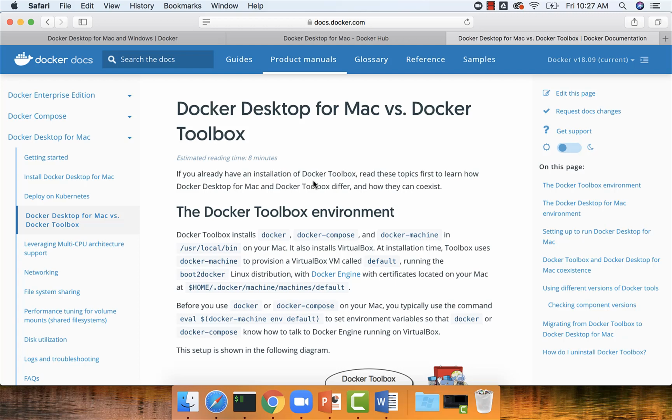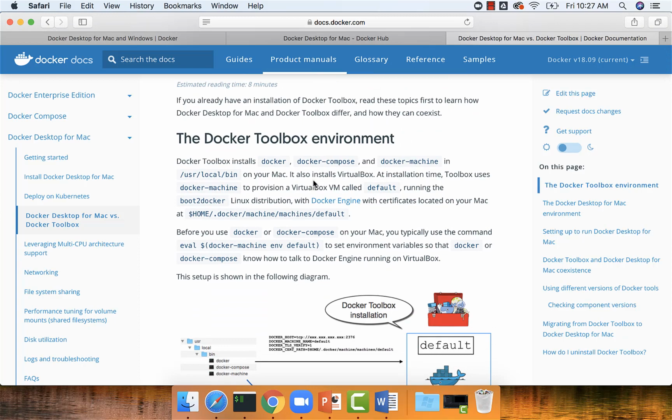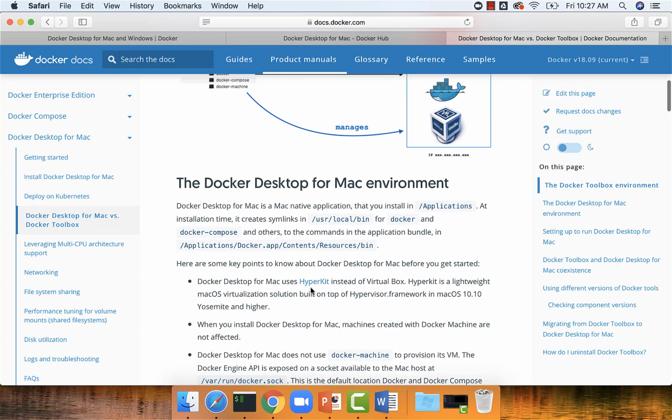If you are running macOS Sierra, Docker Desktop is the way to go. If you already have a Docker Toolbox and if you are trying to install Docker Desktop, then it will prompt you to migrate existing Docker containers which are deployed using Docker Toolbox into Docker Desktop, and it will be seamless. The major difference between Docker Toolbox and Docker Desktop is Docker Toolbox uses VirtualBox to provision a VM called default, whereas Docker Desktop uses Mac's native HyperKit. You don't need to worry too much about those things at this time, but just remember that if you already have a Docker Toolbox and if you are trying to install Docker Desktop, it will prompt you to migrate the existing Docker containers into Desktop, and you should be good to go.